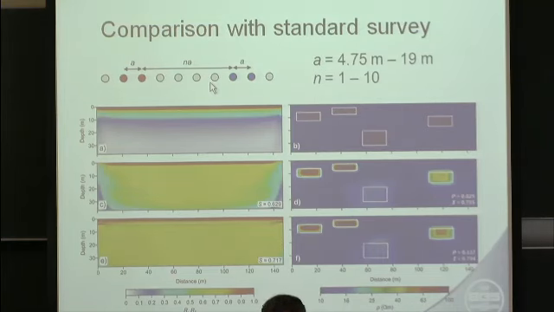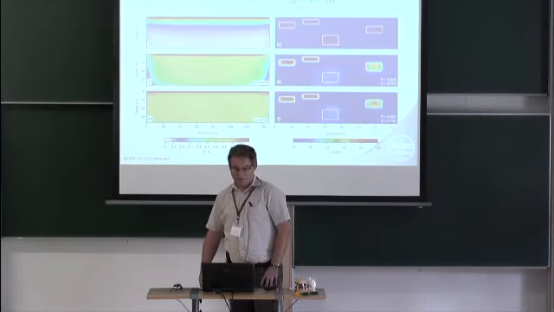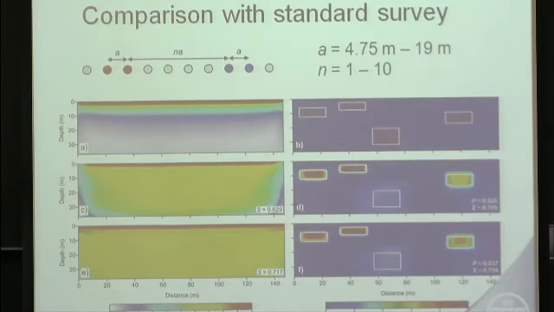So for a 32 electrode array, we're looking at n values of 1 to 10. A is 1 to 4 unit electrode spacings. That gives us 575 measurements. This is the top left here. This is the comprehensive model resolution plot for that line of 32 electrodes. This is the relative resolution that you get from the dipole-dipole survey, and this is the relative resolution you get from the optimized survey. So hopefully from that picture you can see that the optimized survey is producing better resolution throughout the model space. It's of the order of 70% throughout the space,